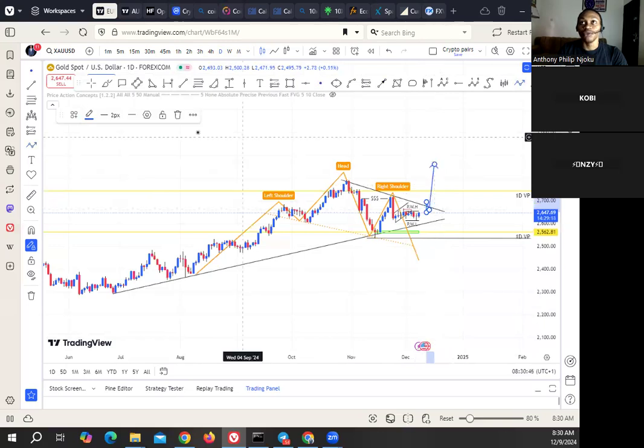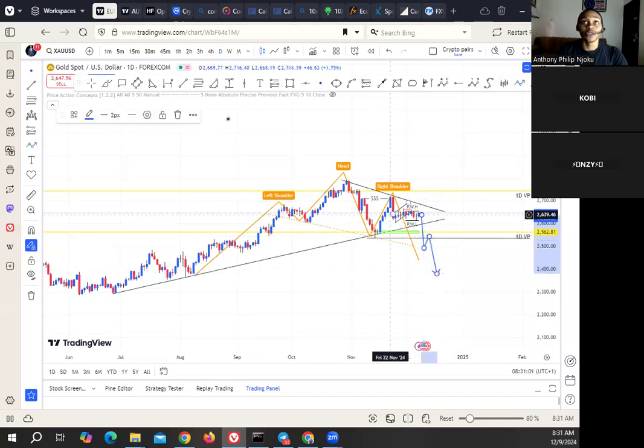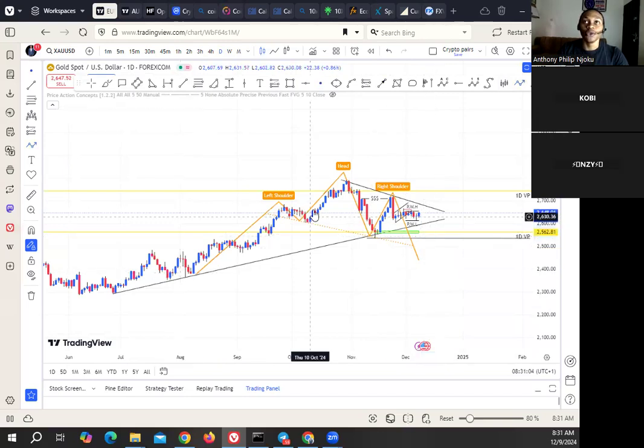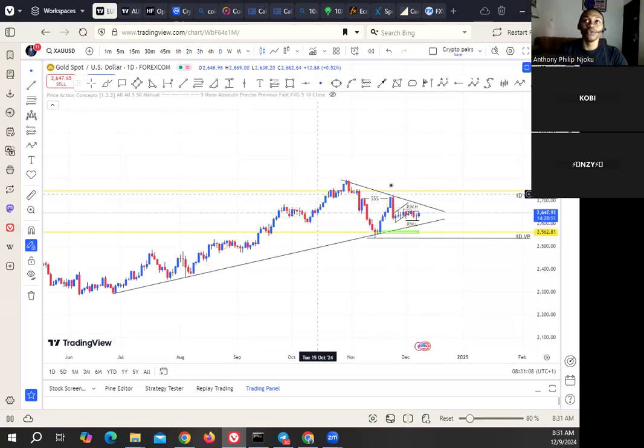Continuation push, which is a break of the previous week high and also a break of this ascending wedge, to get a much clearer buy. But if we see what? A break of the previous week low, this trend line, and also this neckline, so we cannot expect gold to even drop further. But due to fundamentals going on right now with the US and China and the trade war with